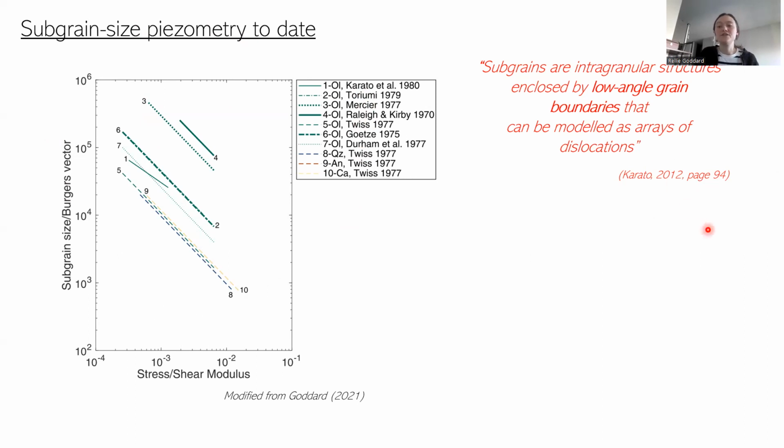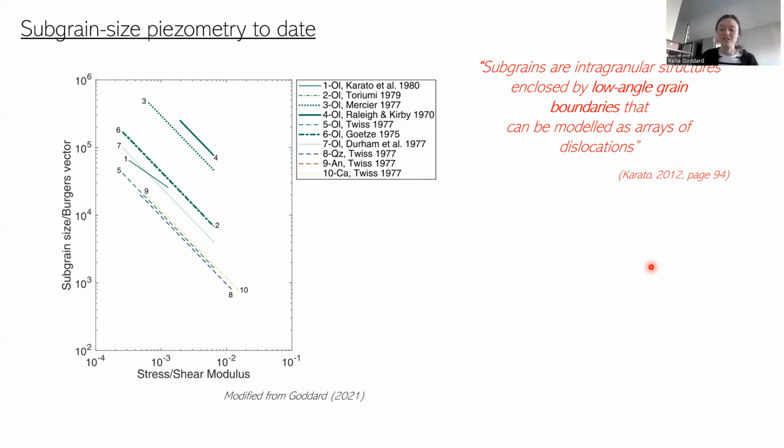So here we've got a definition of what constitutes a subgrain from the Curato book in 2012. They're intergranular structures that are enclosed by low angle grain boundaries and can be modeled as arrays of dislocations. So if you think that you're defining a grain boundary as something that has between 10 or 15 degrees misorientation, that means your subgrain boundary could have anything from 1 degree misorientation